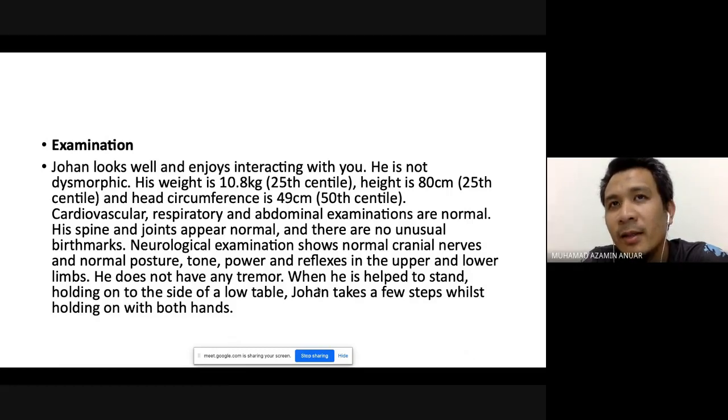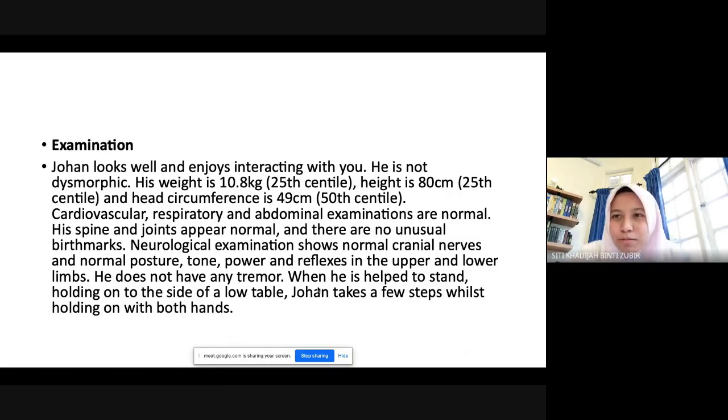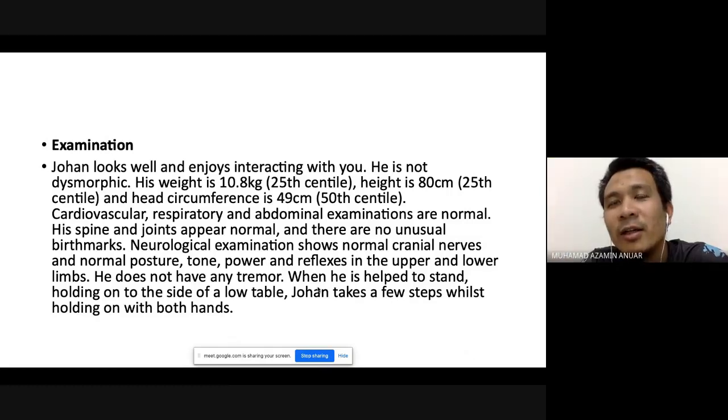That's one. The second way you can do it, you can ask them to squat. Mana duduk bertinggung kan, apa nama bahasa Melayu? Cangkung. Cangkung, yes, duduk cangkung. And then ask them to stand up from the squatting position and stand up without any help. Mana dia tak boleh pegang meja, pegang kursi untuk support. And dia kena bangun sendiri.